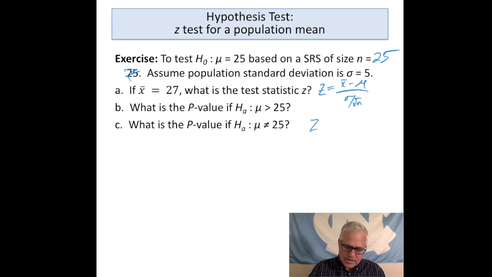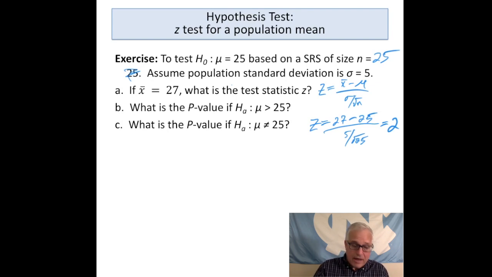Okay, so z is equal to 27, our observed sample mean, minus our null hypothesis value of mu, divided by the standard deviation, which is 5 over square root of 25, which happens to be 1. So if you work this out, you get z equal 2. And now we know automatically, right? Two standard deviations, we know the probability of being 2 standard deviations away. Okay, so if I want to find the p-value, I could do it directly with norm.dist with 27 and 25,